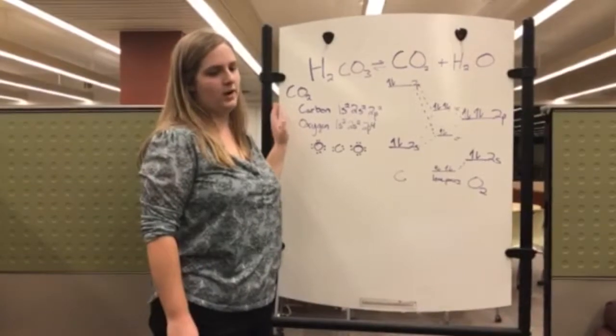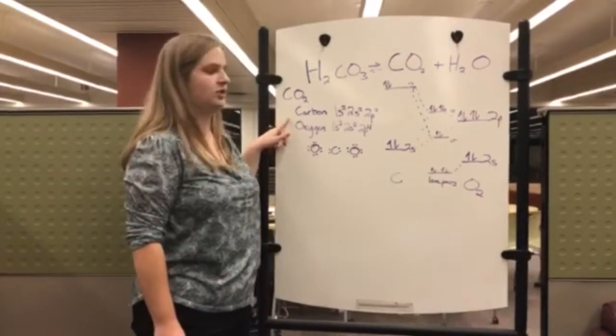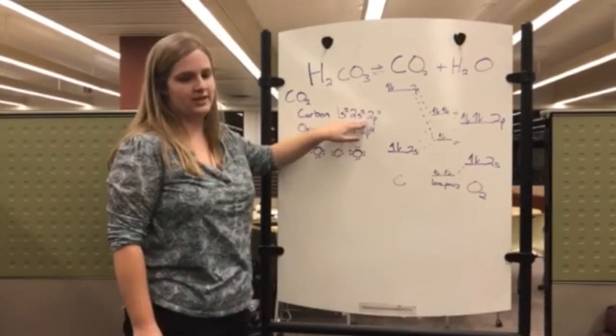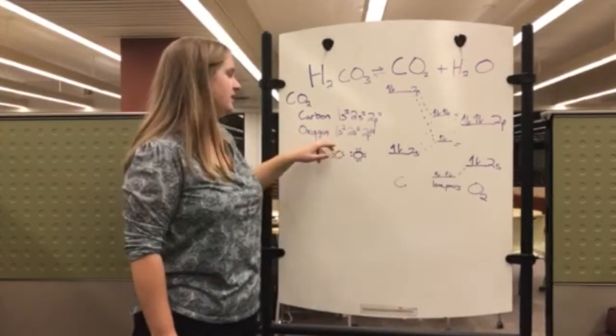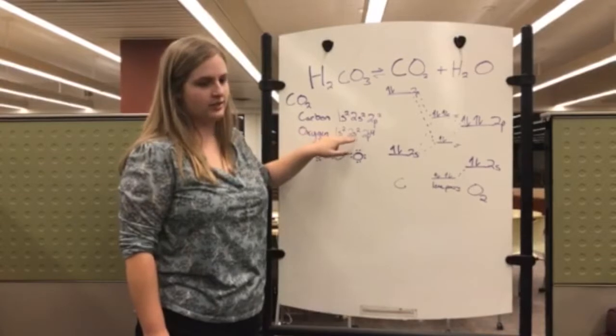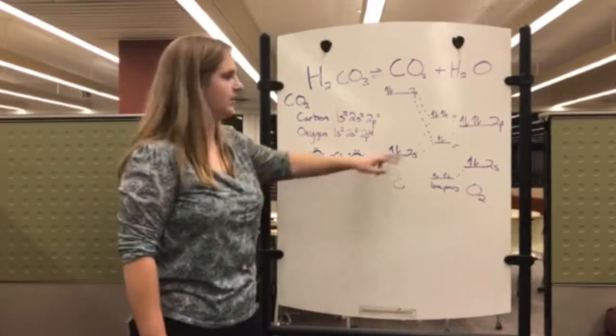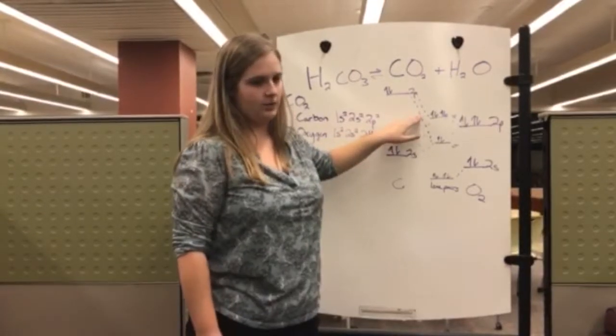CO2 is composed of one carbon atom and two oxygen atoms. Carbon has an electron configuration of 1s2, 2s2, 2p2. Oxygen's configuration is 1s2, 2s2, 2p4. When bonding, carbon is the central atom and forms two sigma bonds and two pi bonds with each of the